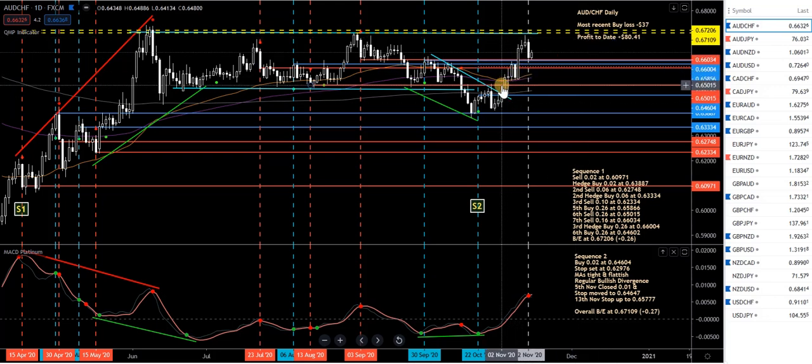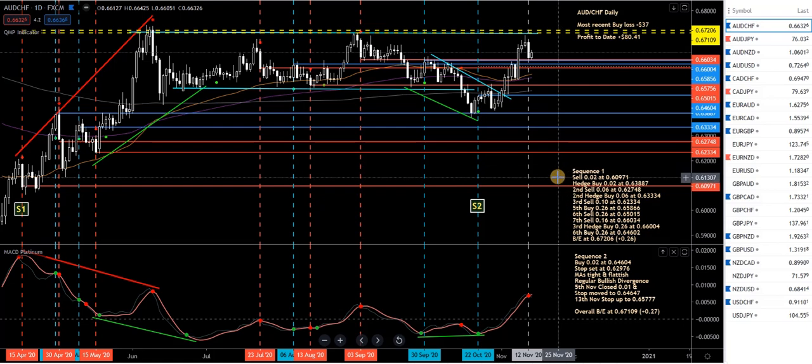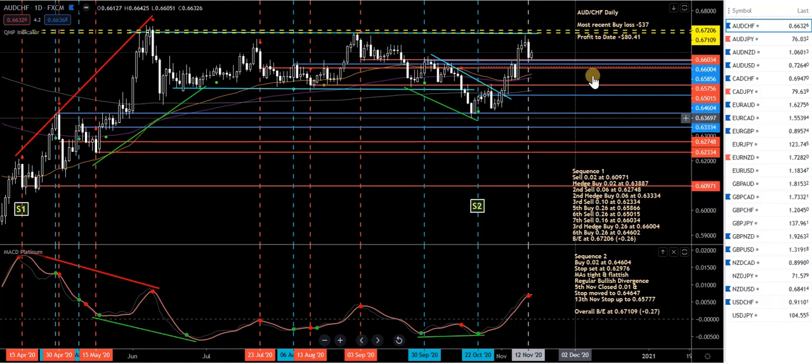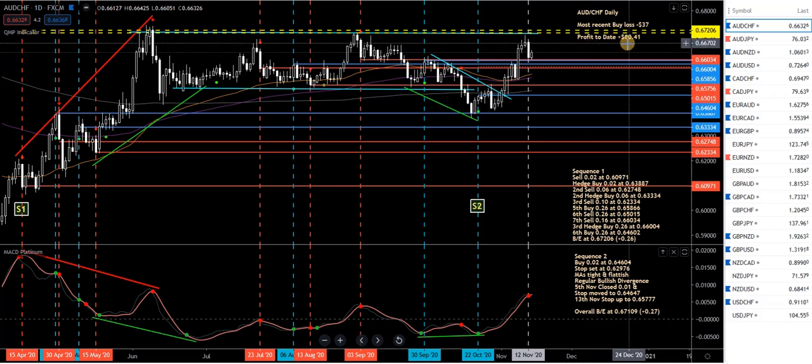I'll probably be stopped out on sequence 2, then I'll look at starting a new sequence based on this triple top here to the downside. Just a matter of adding to the total and trying to clear these trades. This is a slow moving pair. I'm probably going to ditch this pair once I've cleared it. It's just not